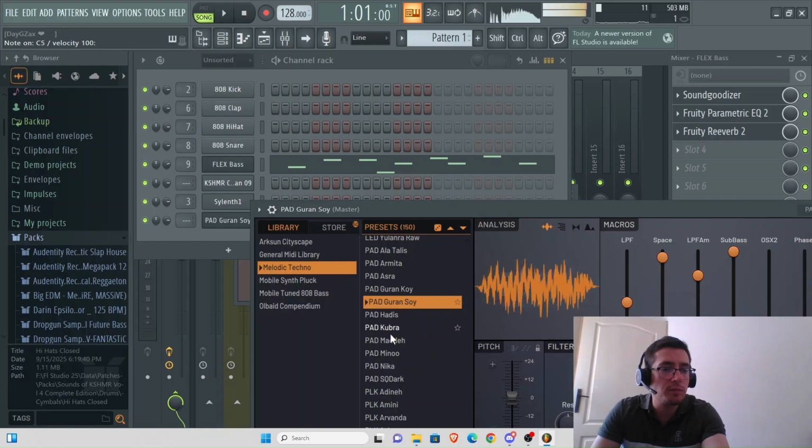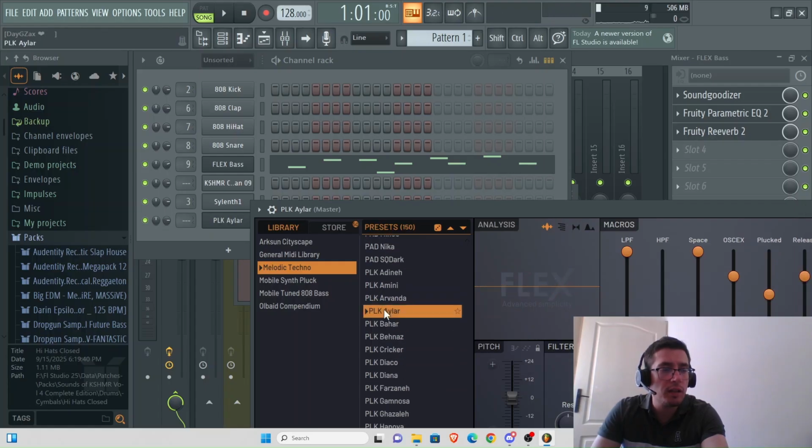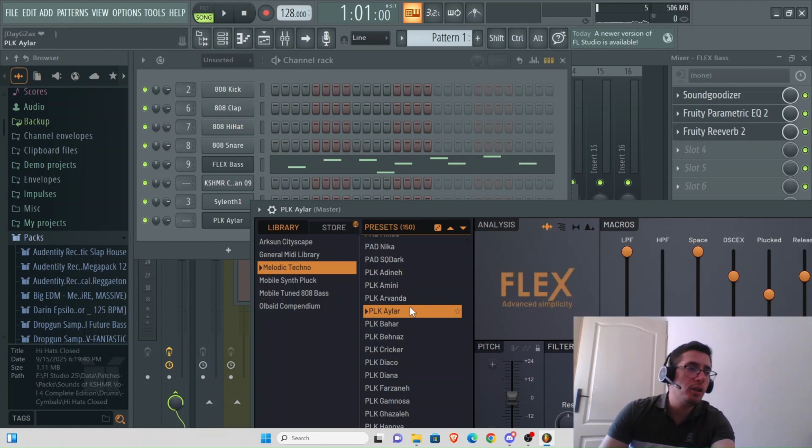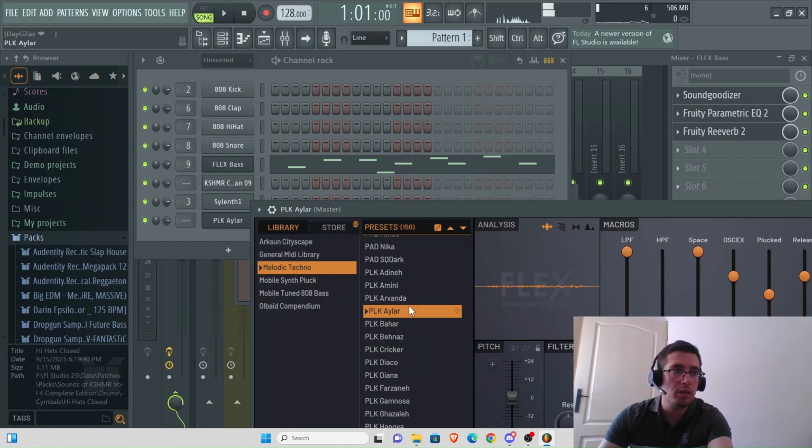Pads are like this. Pads are long notes. You see the frequencies here. Plucks, PLK, are the. Okay, this is good, I think,